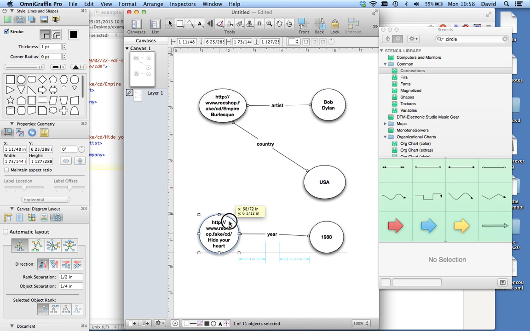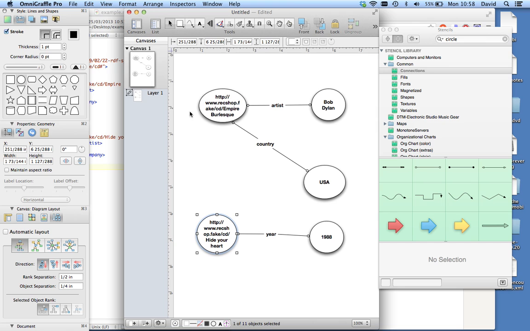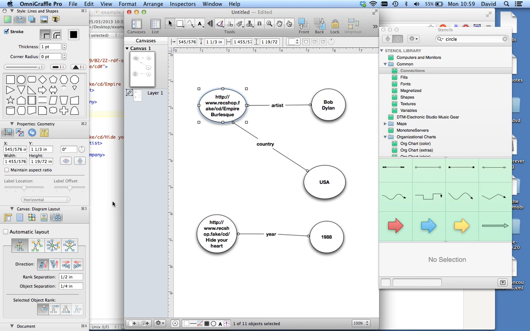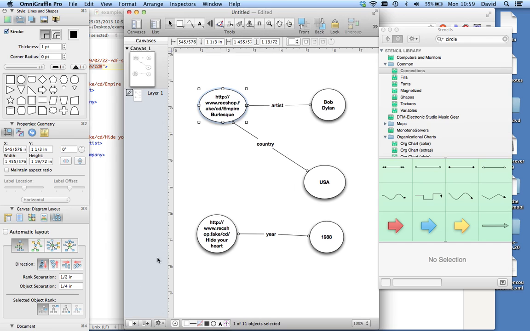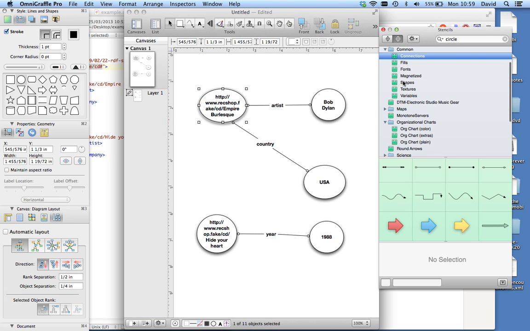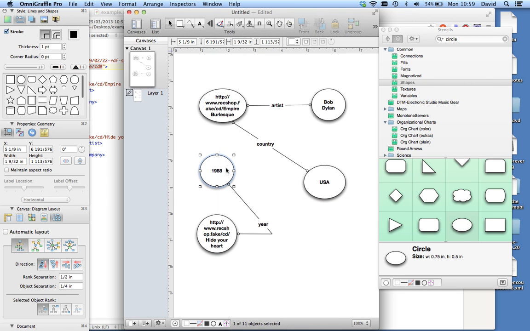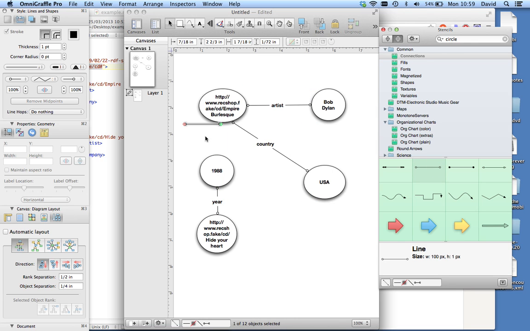So just for example, this has got the year 1988 and this has got the year 1985, but if this also had the year, if we just change that to 1988, if they had the same object with the same predicate that's got the same vocab, then these two items would be linked because they would have